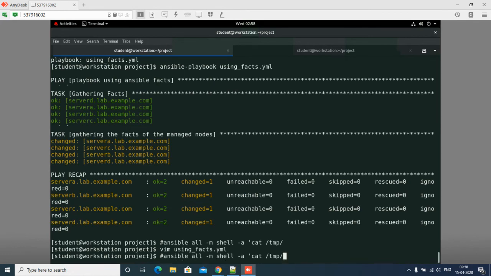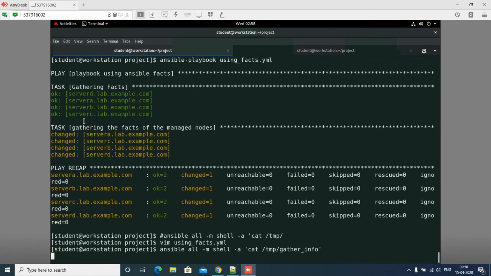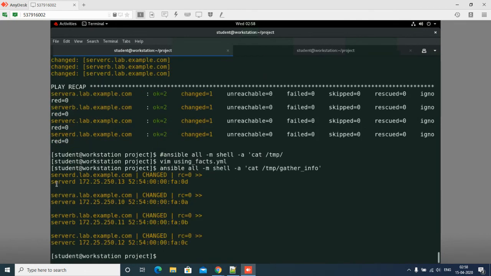I have done gather_info. I will close this and remove this hashtag. Now check. Server D IP address, then I am getting my MAC address.